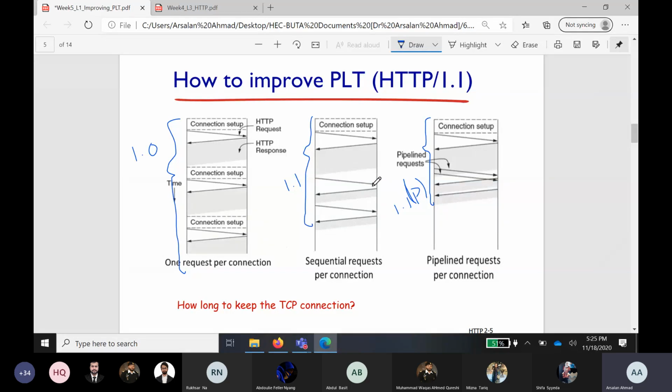In a sequential manner means that the client, after fully receiving the previous object, will request the next object, and due to this phenomenon, there will be a waiting time of half RTT. Okay, when the request leaves the client and reaches the server end, and then the server receives the request, it will transmit the object, and after receiving the object fully again,